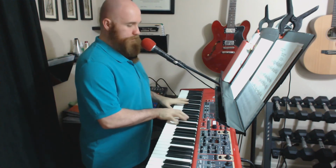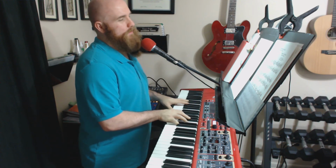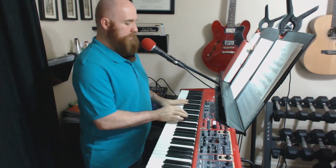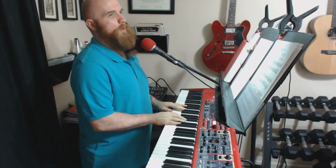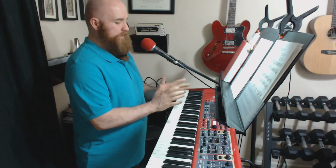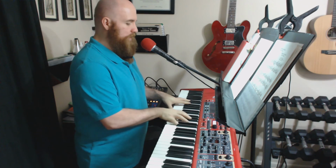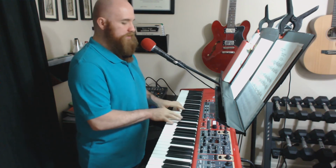So your first chord, I'll use the chords from that song. The first chord was a C add 2 or C add 9, whatever you want to call that. And there's no 5 in the guitar version, but I'm going to add the 5 back in here. And basically I'm going to condense it down to an octave instead of it being an octave and a ninth. I'm just going to have a ninth. So C, E, G, C,